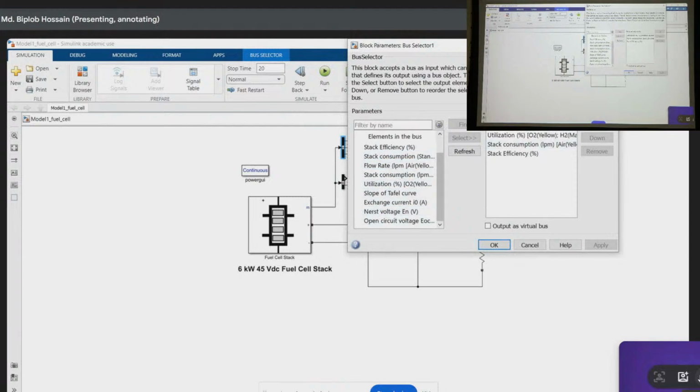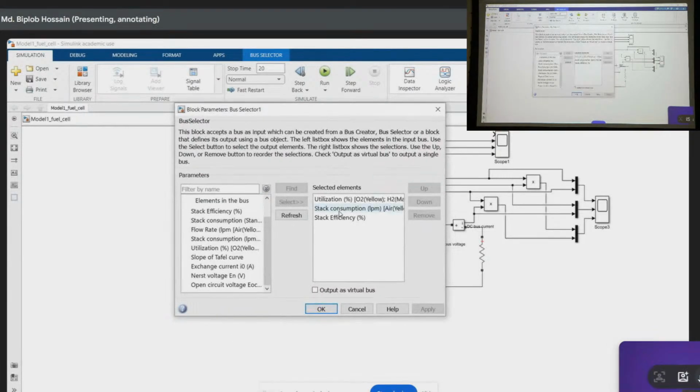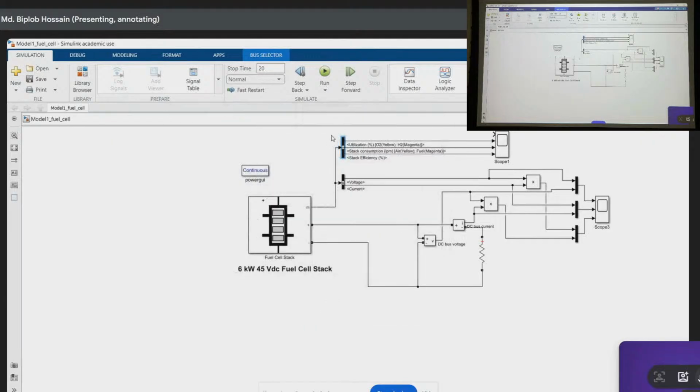So I am now using this bus selector, I am only observing these three parameters: utilizations, stack consumptions, that means liter per minute, and stack efficiency. So if we run this model,